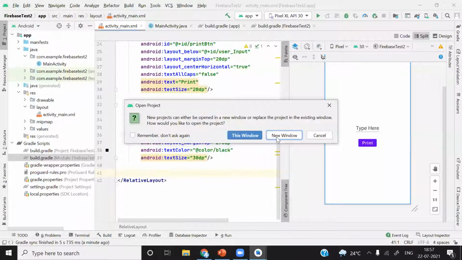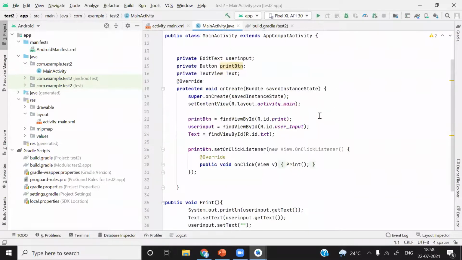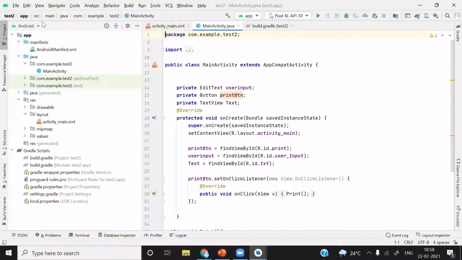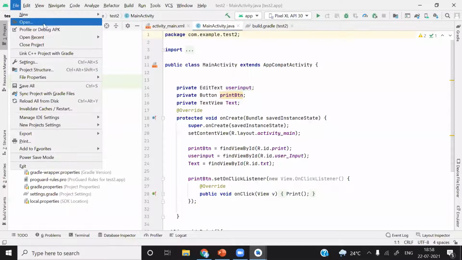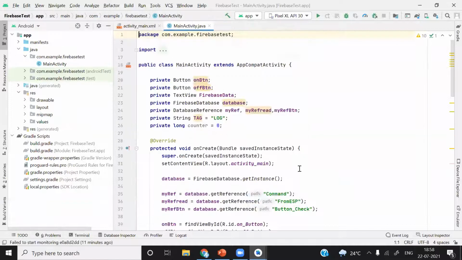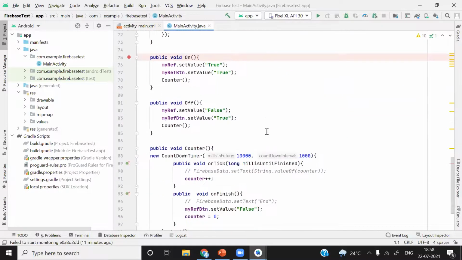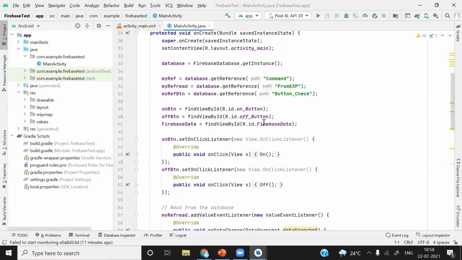I think this one. Yes. Not this one. You can see that this is the application we are going to create tomorrow.